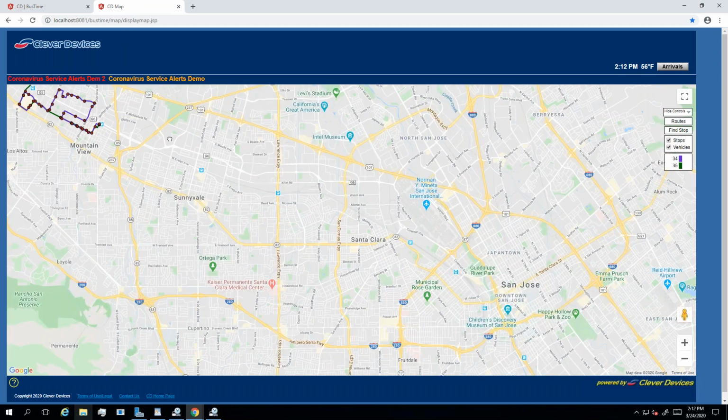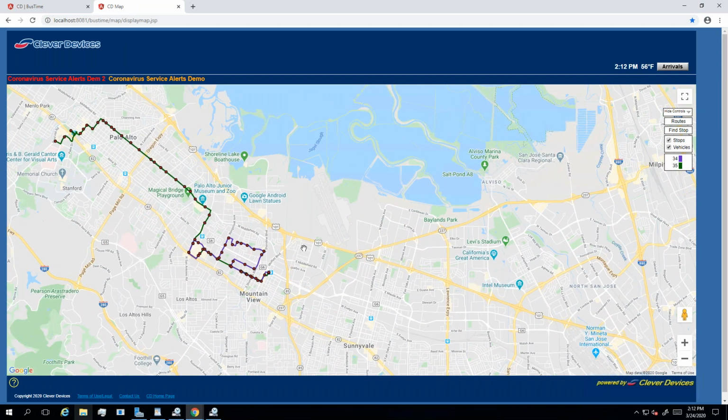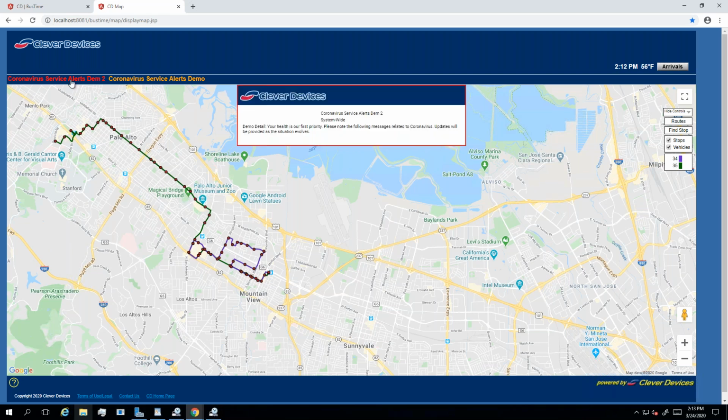Those of you who may be more familiar with what we'll call our legacy website offering, you can see that it's presented slightly differently, but there are 2 service alerts present here. I had specified a high priority for the one that we configured together. Drilling down into that, we can see that the text detail that was provided just a few moments ago is presented and communicated through to the passengers.